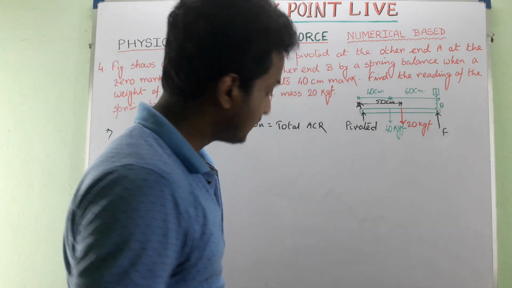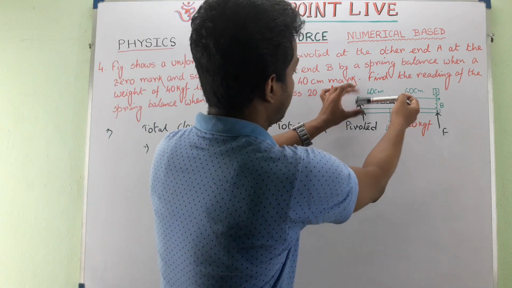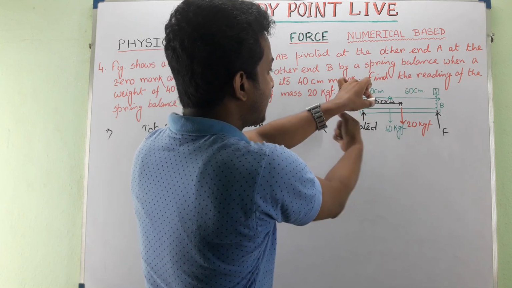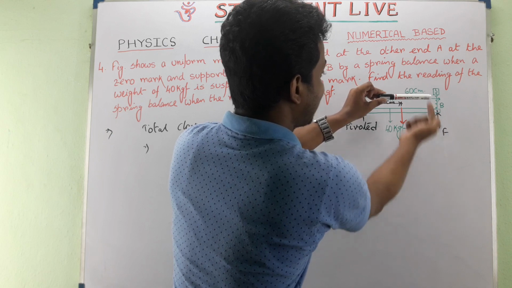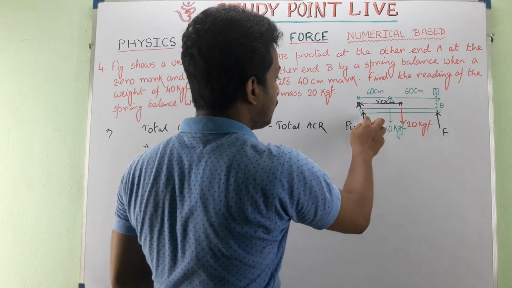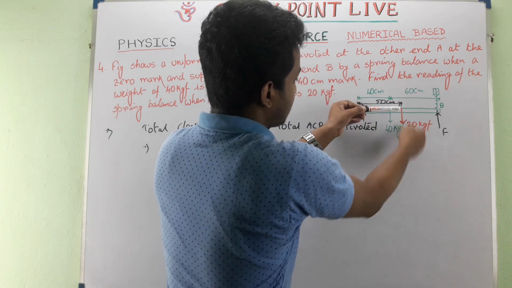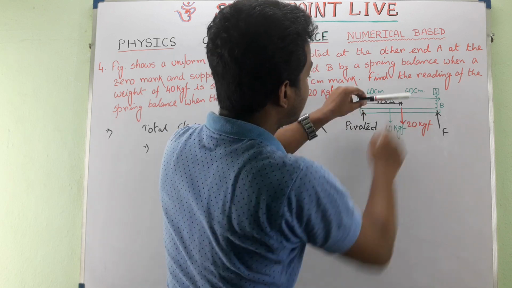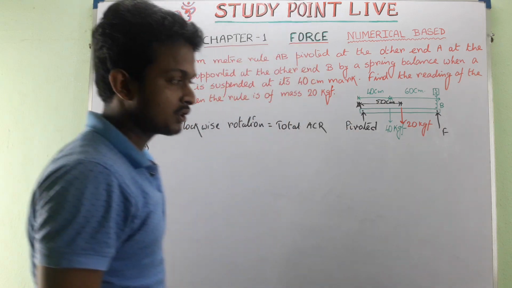Now let us see in which direction it will rotate. Suppose this point is pivoted and here the force is acting downward. When the force acts downward, it will try to rotate in the clockwise direction, and for this force, which is acting in the upward direction, the rotation will be anti-clockwise. So when this point is fixed, for both of these cases where the force is acting downward, the rotation will be clockwise. And when this point is fixed and the force is acting upward, it will rotate in the anti-clockwise direction.